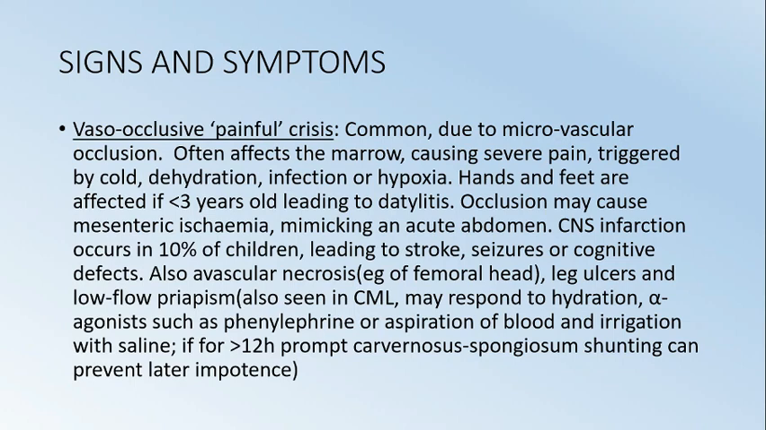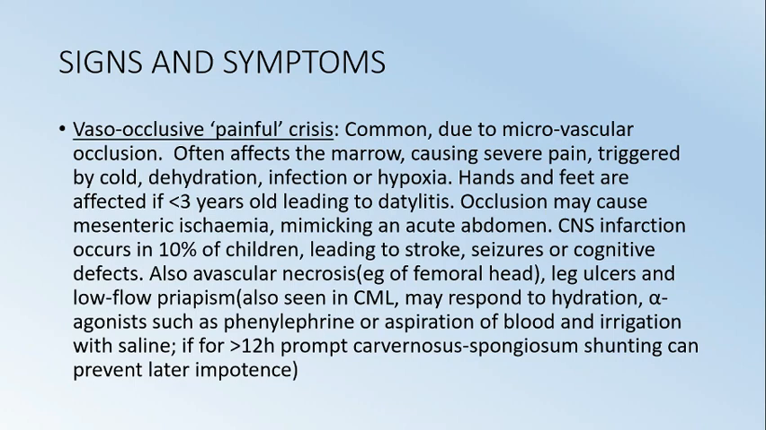They produce ischemia, which then manifests as acute pain and tenderness, and it often affects the marrow, causing very severe pain triggered by cold, dehydration, infection, or hypoxia. So those are some of the triggers. The hands and feet are also affected; if the patient is less than 3 years old, it will lead to